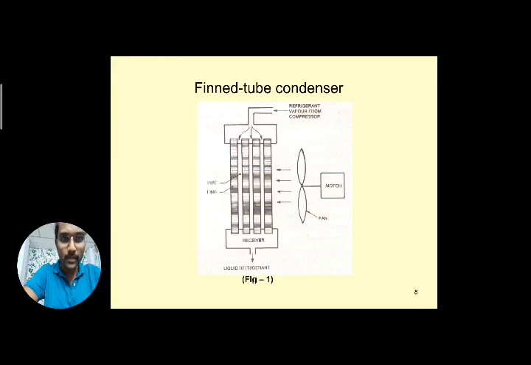At the side of these pipes and fins, a motor along with a fan is provided. So it is a forced air cooled condenser, also known as a finned tube condenser. At the bottom, after the refrigerant makes contact with the air, which is the cooling medium, the receiver is placed, where the liquid refrigerant accumulates. Through the opening provided, the liquid refrigerant comes out and enters the receiver tank, or moves directly into the expansion device.